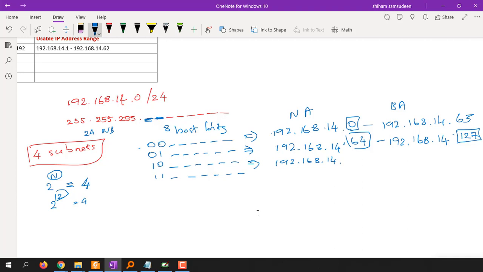The first bit will be 1 and the rest of the bits will be 0, so it is 128, and the broadcast address would be 10, and all others should be 1, so that is 192.168.14.191. All right, and for this one, the network address would be 11 and all zeros, so that is